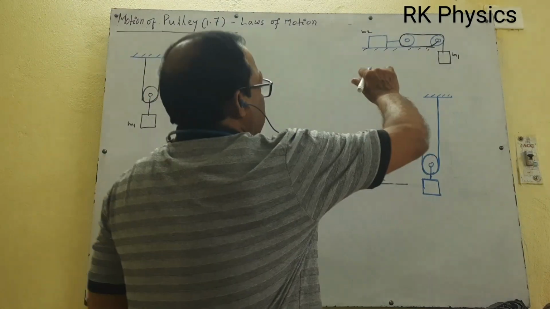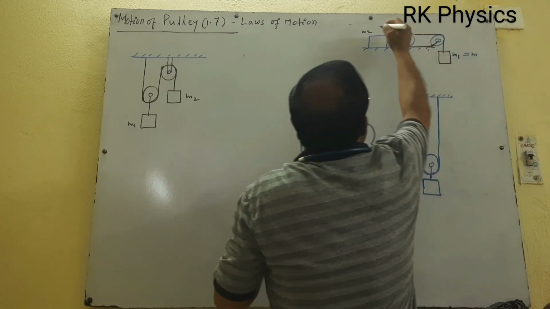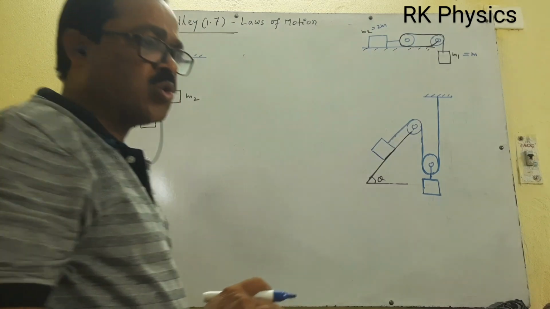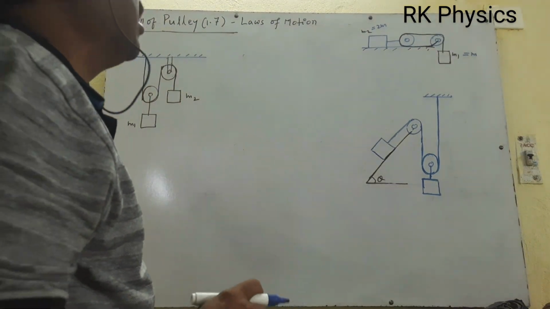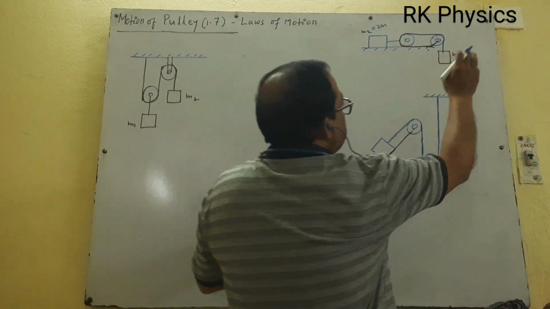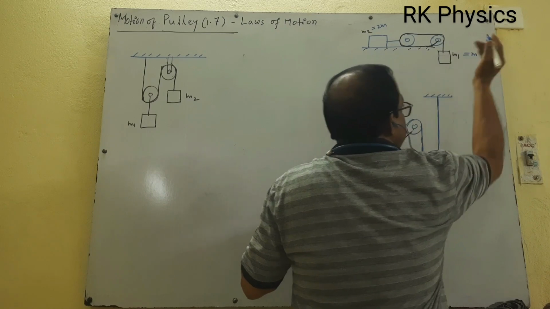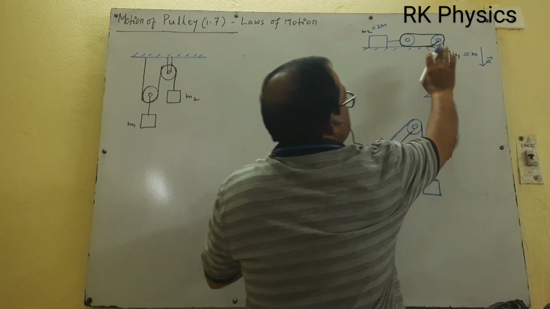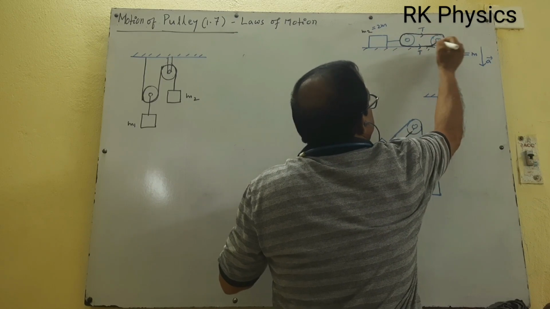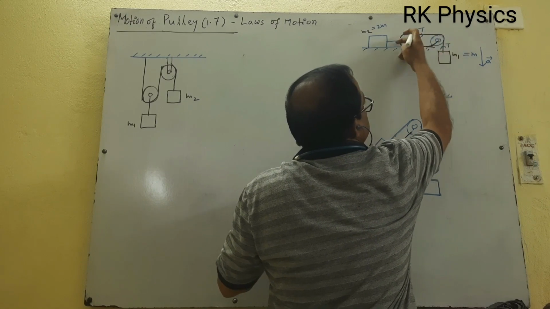Now in the first figure, you can take M1 equal to M, M2 equal to 2M. For our convenience, you take any symbol values. Instead of 5 kg, 2 kg, I am writing M. Just imagine, if M1 is moving down with acceleration A, then it pulls this string, that is T. So this is your T. This is a single string.